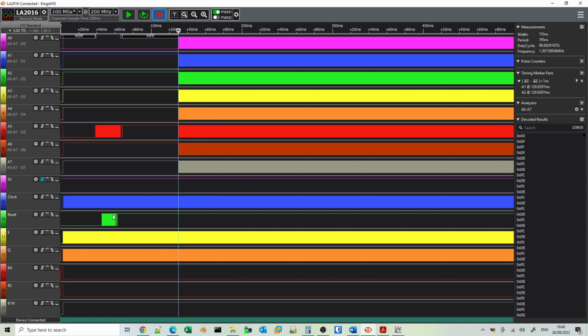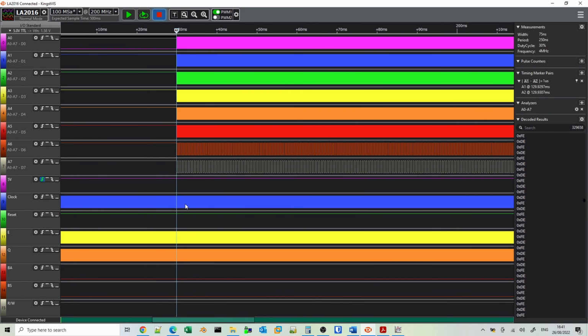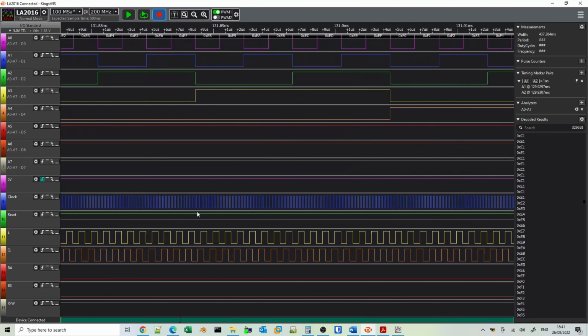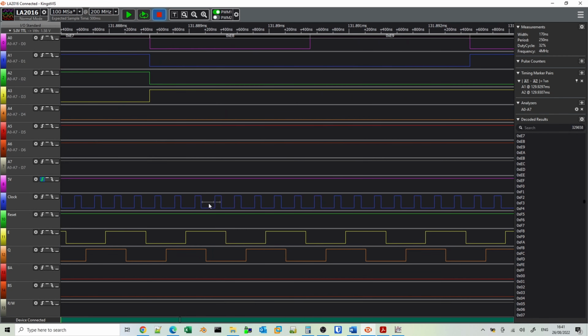Now what I'm going to do now is just have a quick look at the oscilloscope signals for the clock signal. So we'll be looking at the clock signal here. We can see our clock signal here, which is 4 megahertz, but the width of the high value and the low values, 170 nanoseconds and 80 nanoseconds, so a duty cycle of about 32-33%.